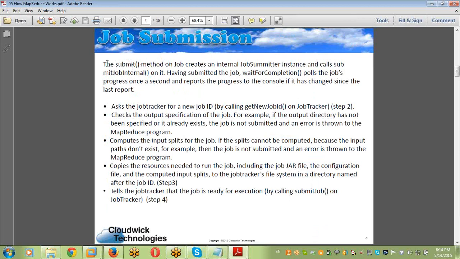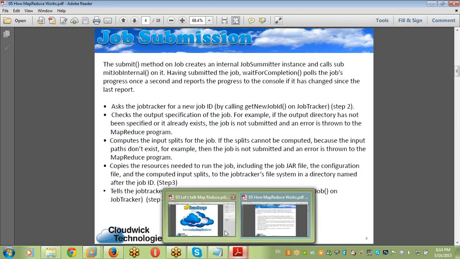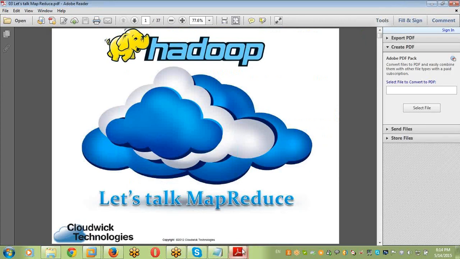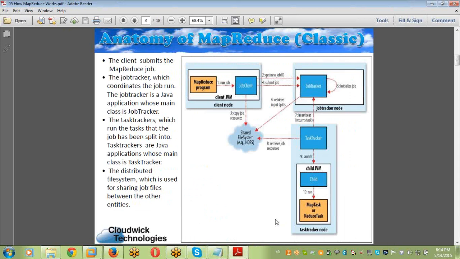Step one is run the job: calling the submit method, assigning.